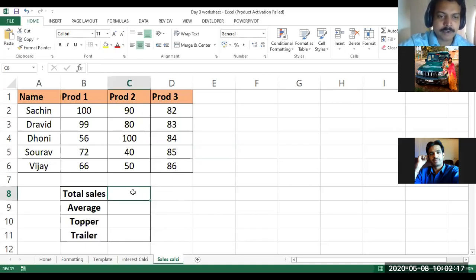Here we have four items to be found out, and a small table. It's a kind of sales template. Say I have a sales organization with five sales executives, and I need a data table every day, every week, or every month, and I need to keep tracking their performance based on four parameters: total sales, average sales, who is topping in each product line, and who is trailing in each product line.